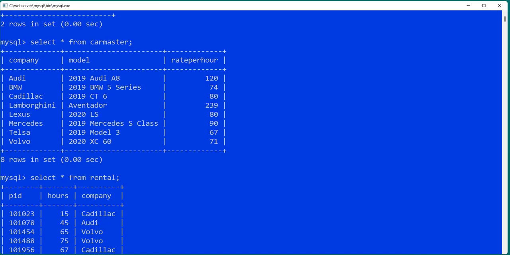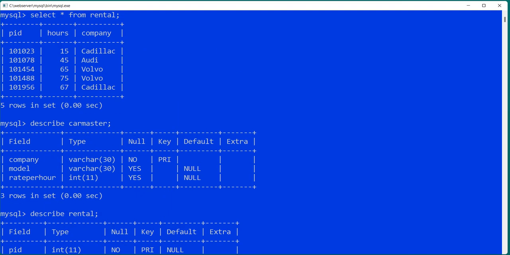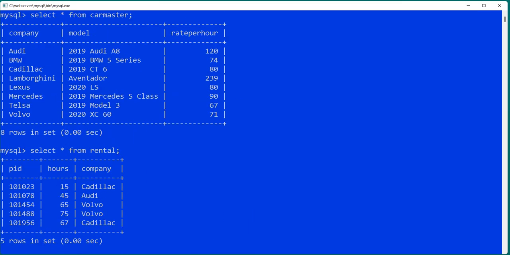So now from this particular table, the first table, if you want to do some query, for example, you can see that there are so many company names: Audi, BMW, Cadillac, and if I want to display all the records that belong to some specific company, say I want to display all the records of Audi, BMW, and Lexus, I can give this command like this: select star from car master where company in, now very specific company names I'm telling: